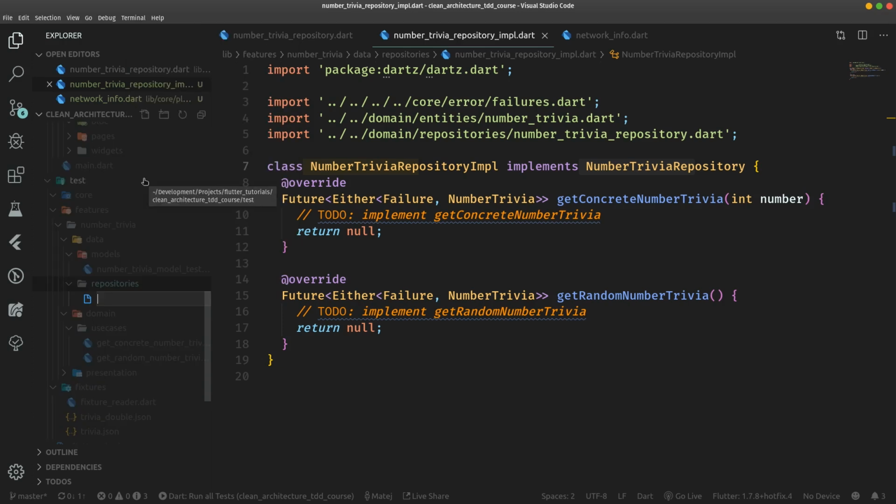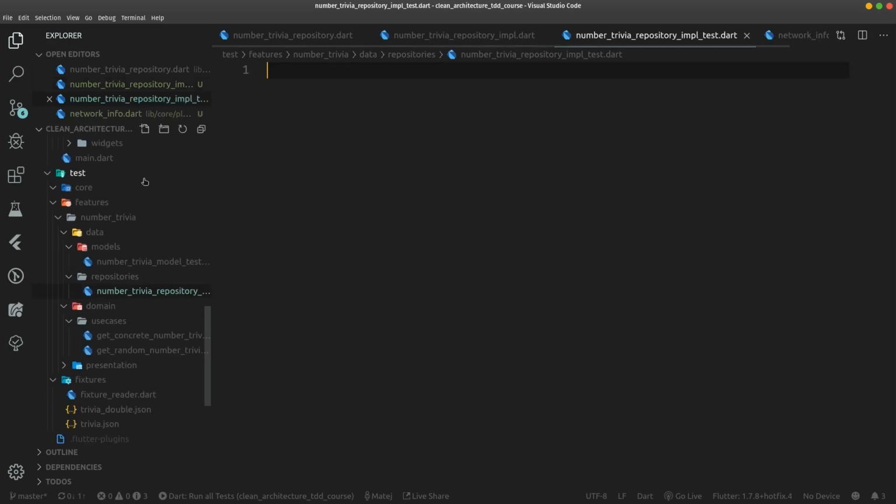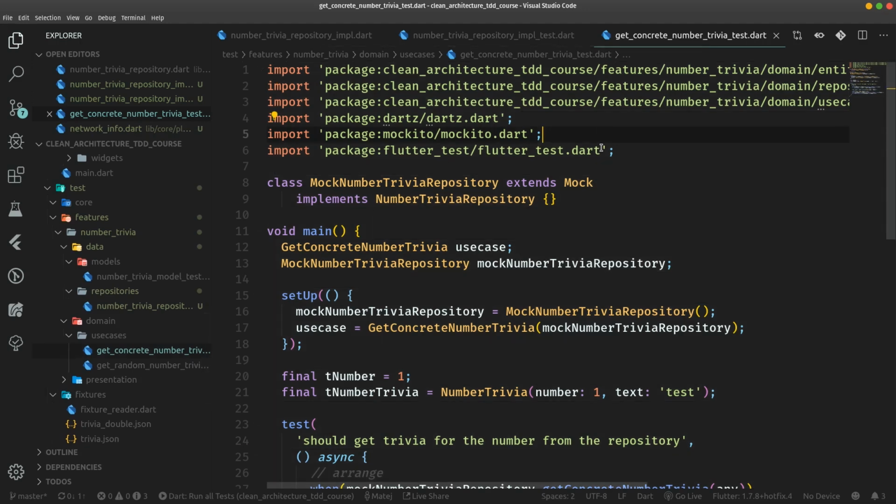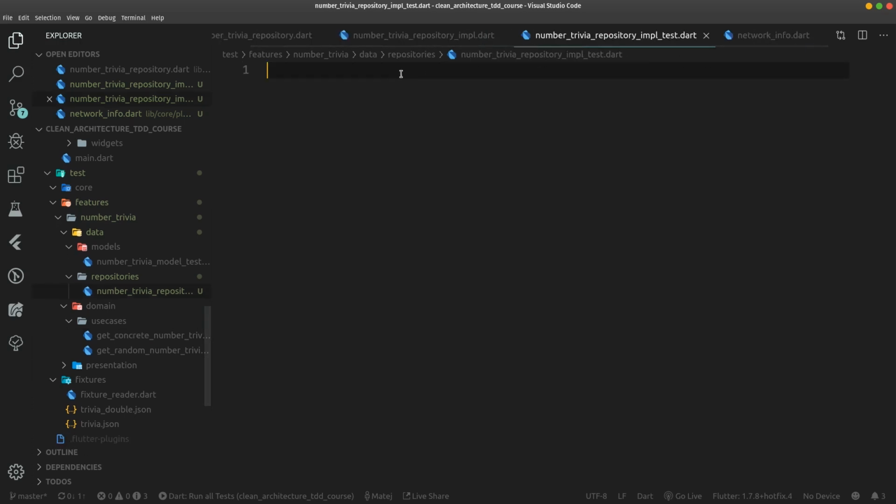It will be called number_trivia_repository_impl_test.dart, of course. And let me just steal some of the imports from some other test file, for example from this getConcreteNumberTrivia test,